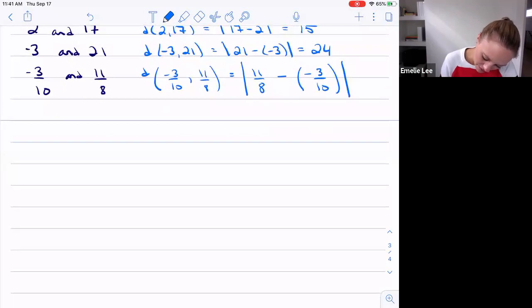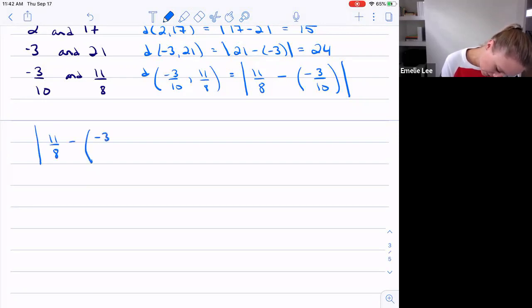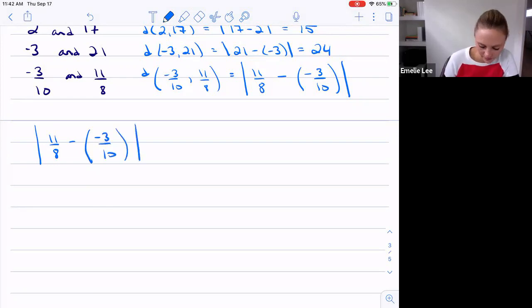Okay, so I don't know if you guys can see, but there's these page breaks that I'm dealing with. So what I'm going to do is I'm going to rewrite this and also give myself more space. I'm going to rewrite it over here. So I've got the absolute value of 11/8 minus, so I'm just rewriting it because I ran out of room, equals,